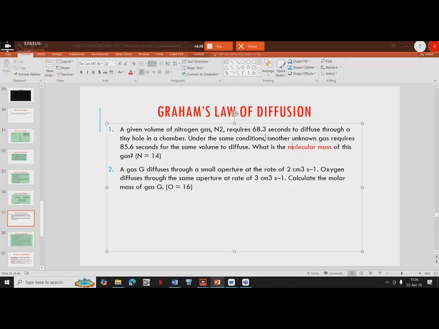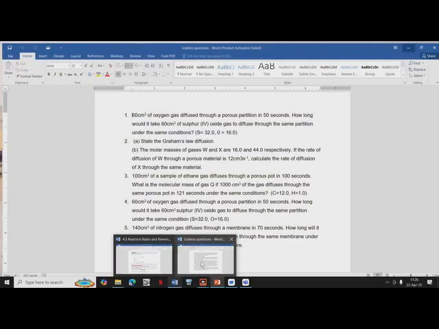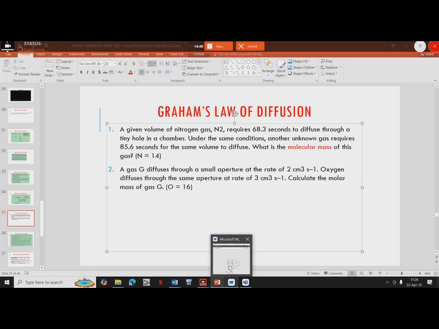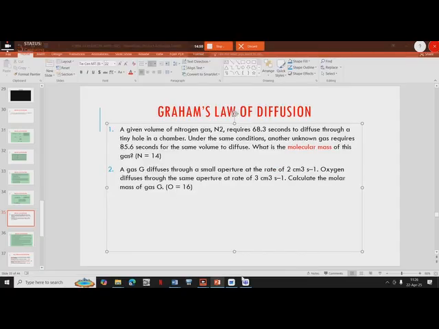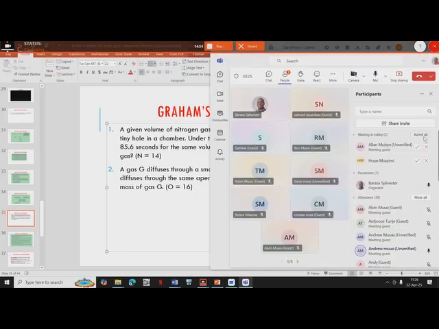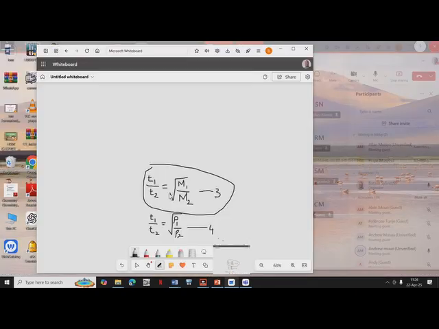So T1 over T2 is equal to the square root of M1 over M2. And looking at the question, T1 for nitrogen gas is 68.3 divided by T2, which is 85.6. So now, because they are directly proportional, I'm going to write T1 here. I'm applying this formula here. So T1, that is